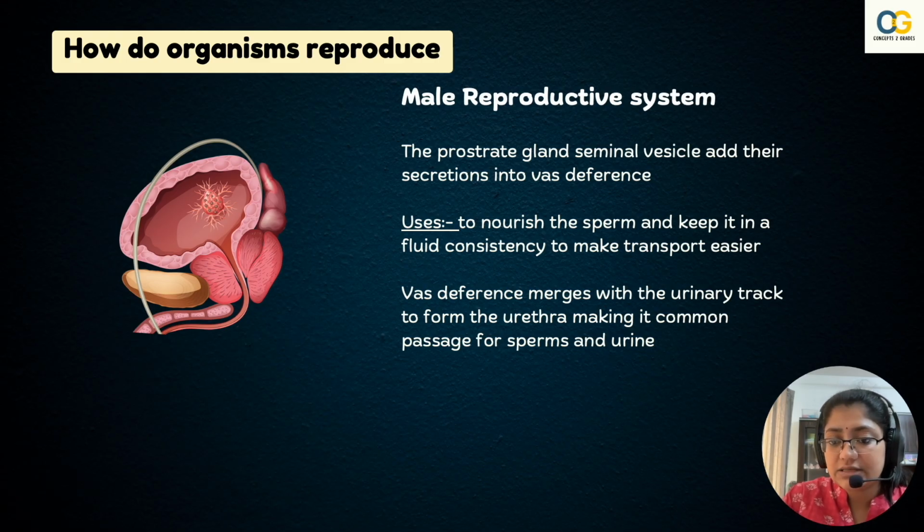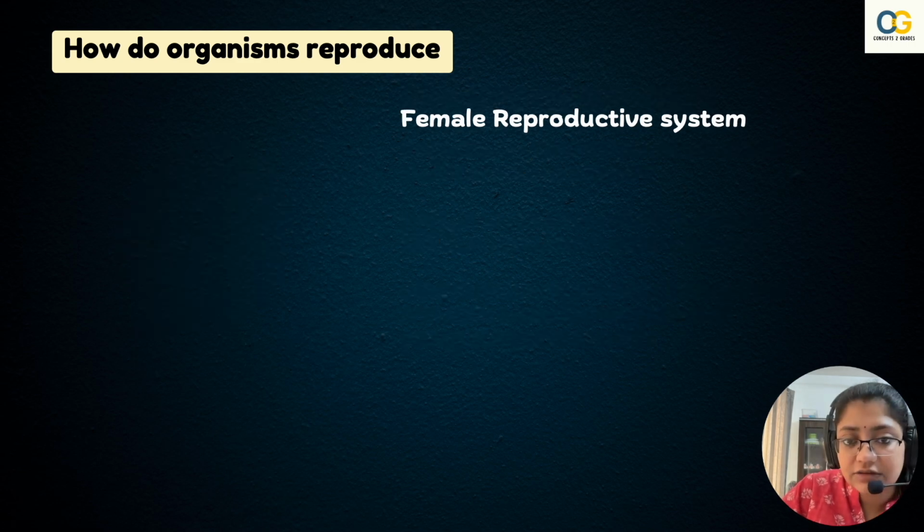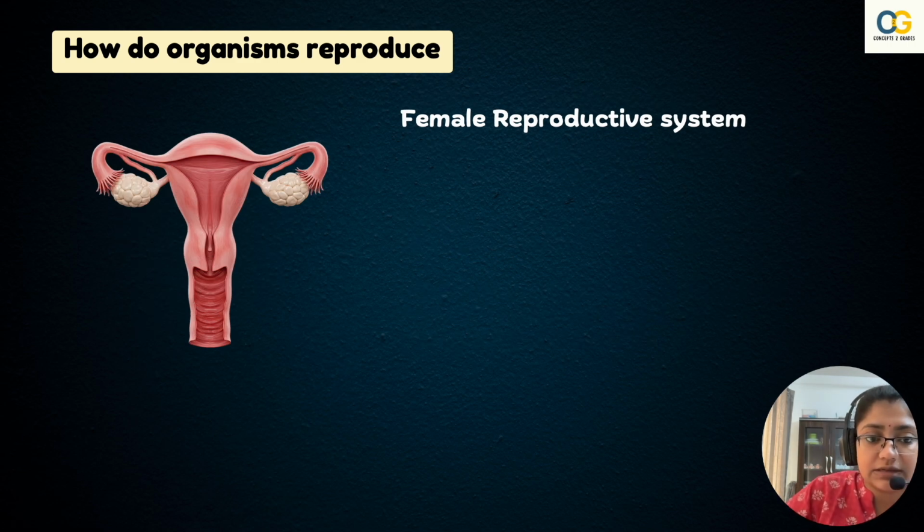And the vas deferens merges with the urinary tract to form a urethra, which makes it a common passage for sperms and urine, and both do not happen at the same time. So the female reproductive system consists of a pair of ovaries, fallopian tubes, uterus, cervix, and the vagina, which is